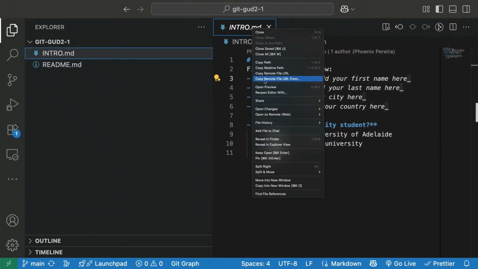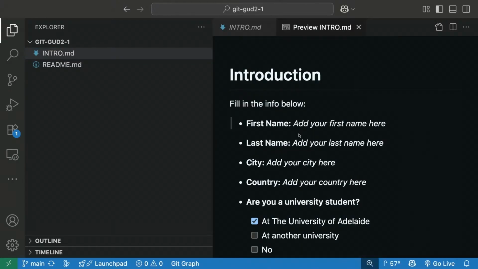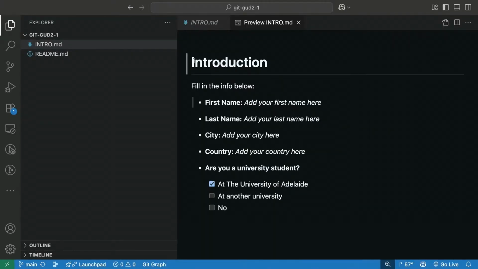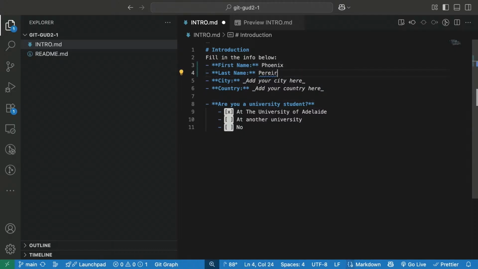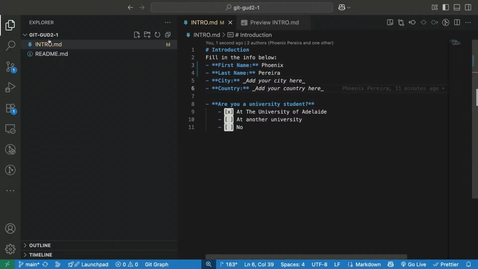And if you want to preview it, you can right click and click open preview, and it shows the actual content in a more human readable format with all the formatting applied to it. So going back to this file, you can just add my name, and then make sure to save your file,